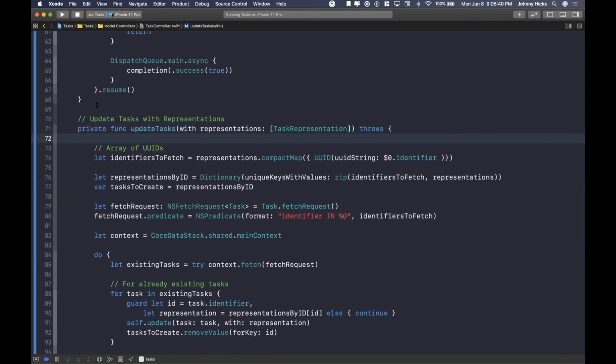So I guess the purpose of this method is to update or create tasks with representations. Remember, maybe we have a web client where we can create tasks and we want those to also be created on our phone, or if we've got a phone and an iPad, whenever we open this up, we want the data to be synced and to be the same between all of our devices, right? So this method is going to be called to update or create tasks with the representations that we get back